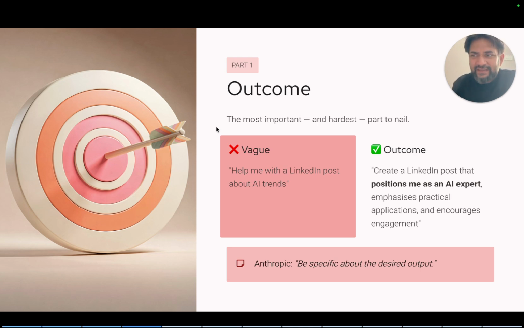Help me with a LinkedIn post about AI trends. But the second one is specific. The second is a deliverable with a job to do. Anthropic's guidance here is be specific about the desired output. Know what you are asking for before you ask for it.